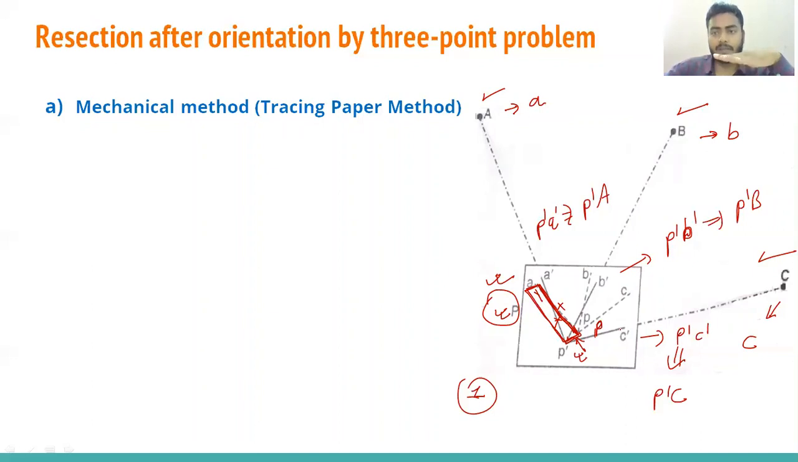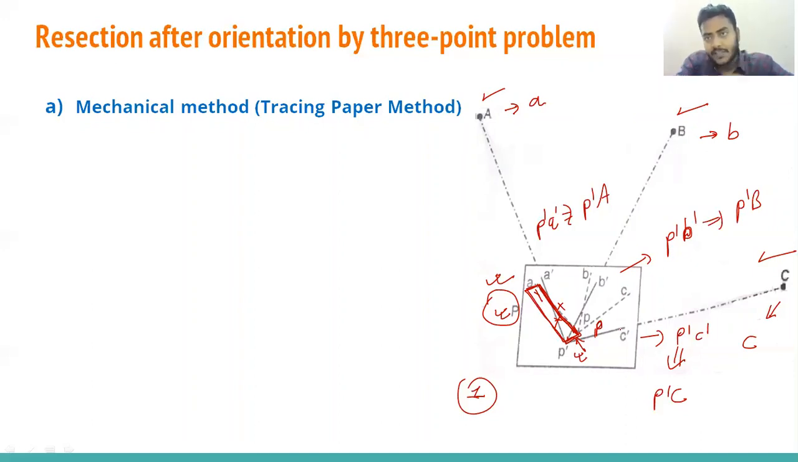So the first operation we have to do is on the tracing paper. Once the tracing paper operation is done, then we get A dash, B dash, C dash, right? Then rotate the tracing paper in such a way that A dash, B dash, C dash coincide with A, B, C, right? Once it is done, then transfer P dash on the tracing paper to P on the drawing sheet or plan, right? Then keep the alidade along the line PA,